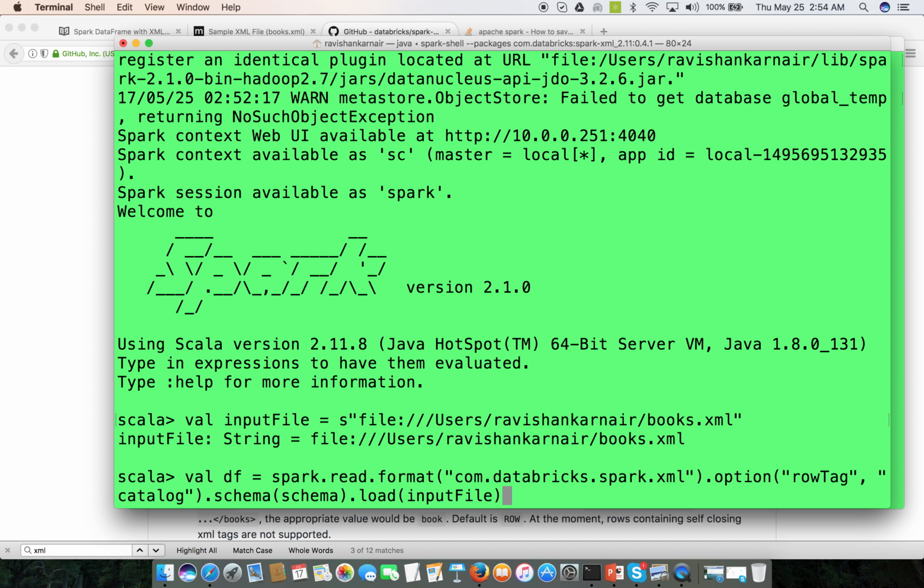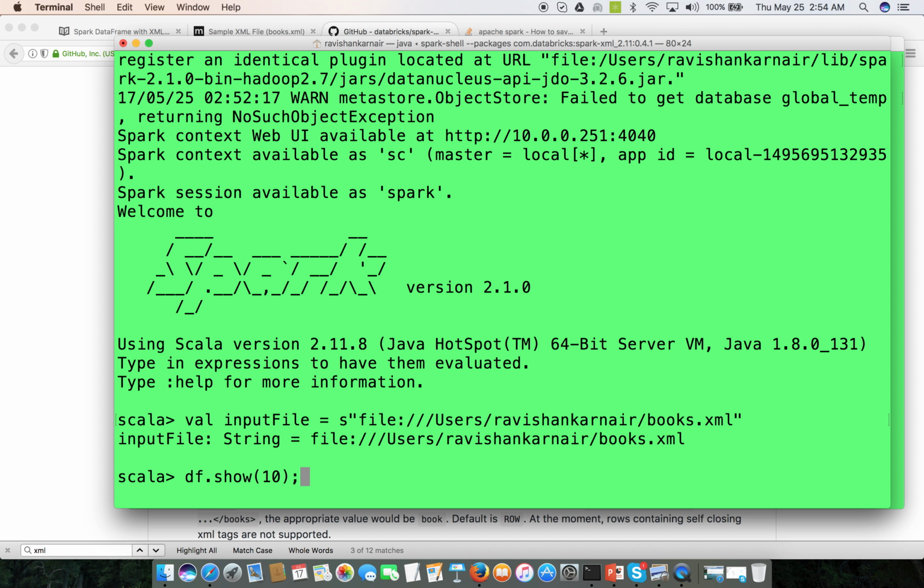Next, you're going to write a command to load this particular file into Spark as an XML. Please read that command clearly. Val df equal to spark.read.format, with the package name that you have imported. Then you are telling it that your row tag is catalog, and as I mentioned to you, the catalog is nothing but the root of your input file, right? And we are going to use that particular command, and then we are going to create